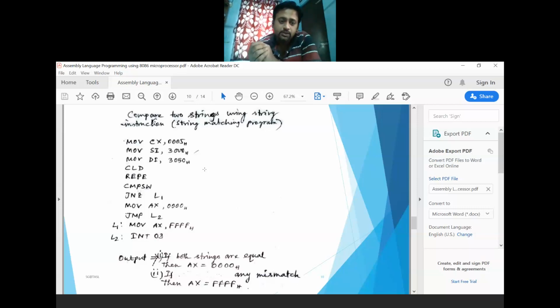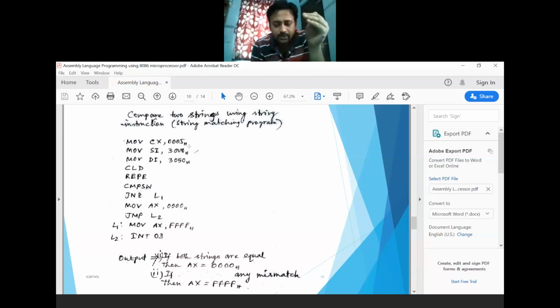Okay, so I have considered CX as 0005. That means 5 data bytes are there in each string, in the source index side and the destination index side. In both cases, only 5 data items are available, and all are 16-bit data. Now you have to increase the memory location one by one.